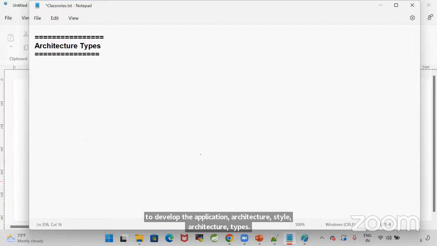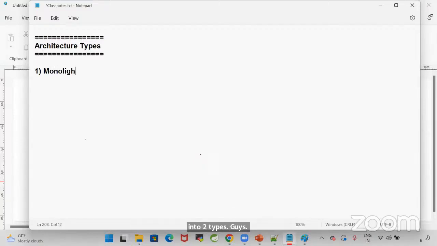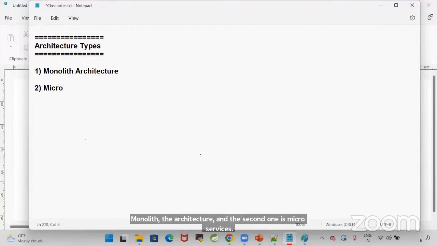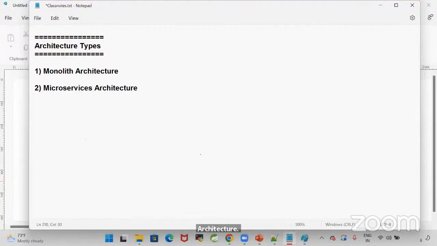Architecture types are divided into two types, guys. First one is monolith architecture, and the second one is microservices architecture.